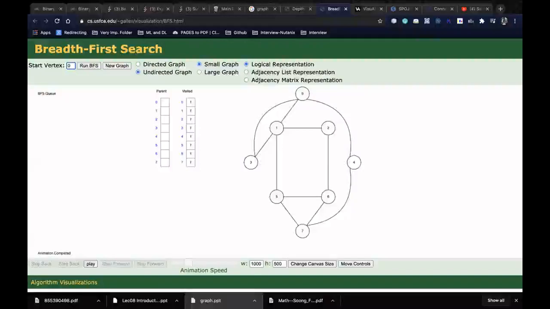Now what does it mean by depth manner? First I start with, let us say, node number 0, and after visiting that node, I go to all the nodes that are at a distance 1 from this node. After visiting all those nodes, I visit all the nodes that are at a distance 2 from my root, and then the nodes at a distance 3 from node 0, and so on.